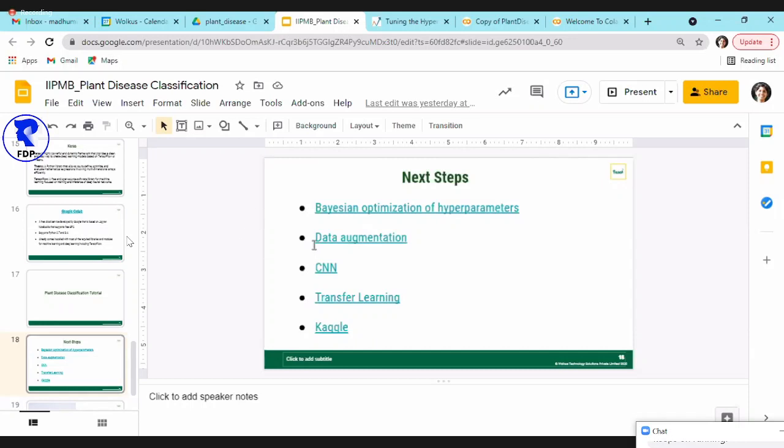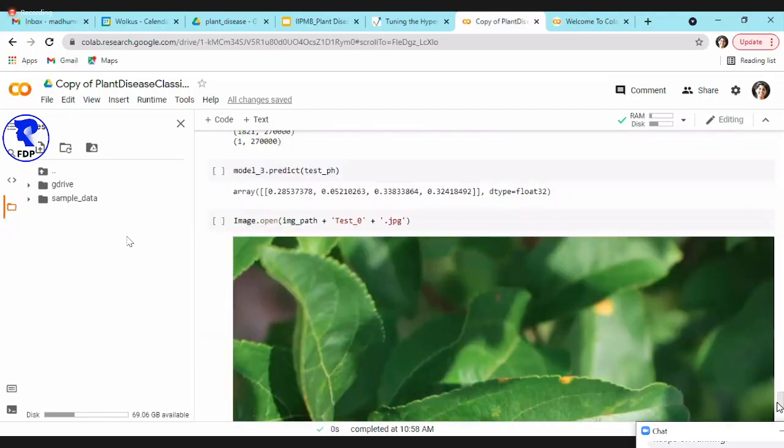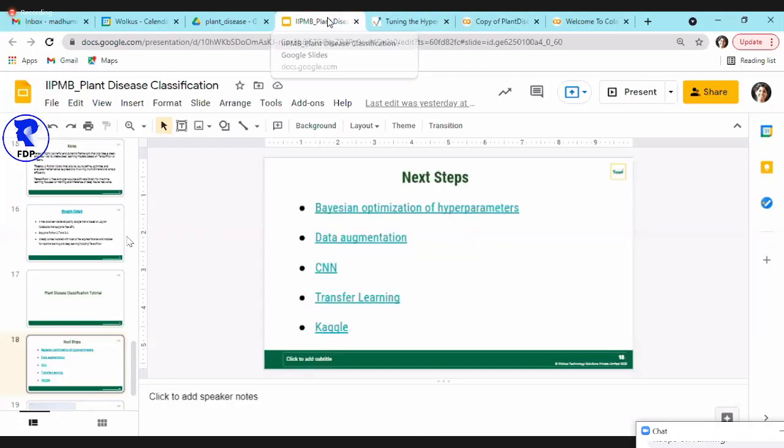You don't have to do it manually. Keras actually has a library called ImageDataGenerator. In the code, I have imported that library. I didn't use it here. Yes, I have used ImageDataGenerator.